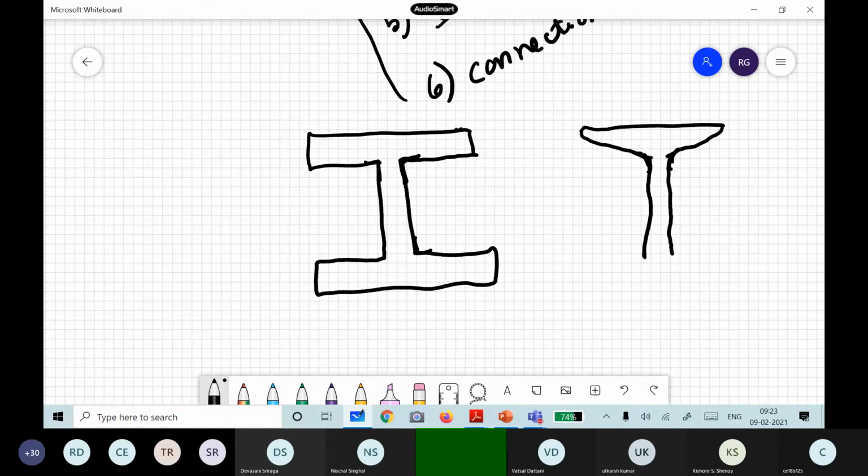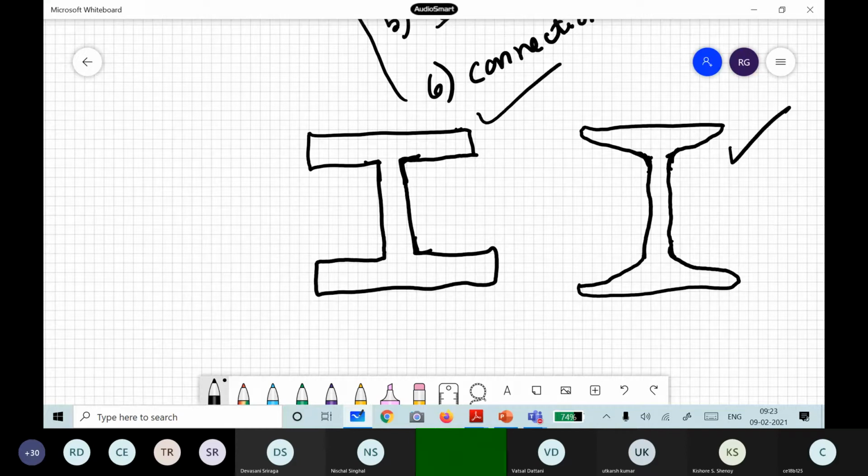Now which is better, this or this one? What is the disadvantage of this? They don't manufacture these things. What is the disadvantage of this one? So if it is 90 degrees, what happens? Just now I told you, right, before our last class also we discussed this disadvantage of steel. What happens if the thing is not smooth?